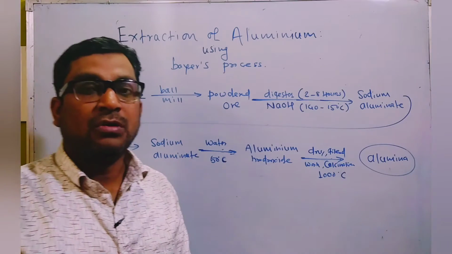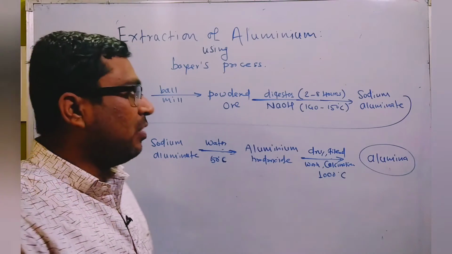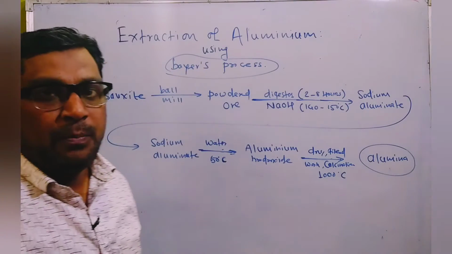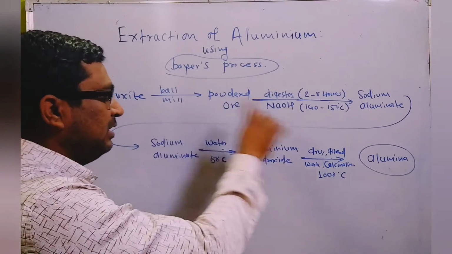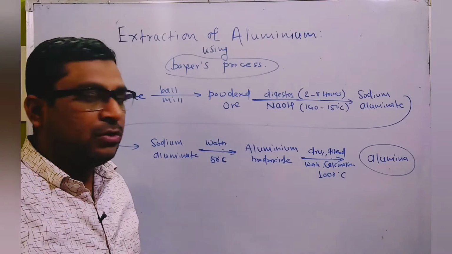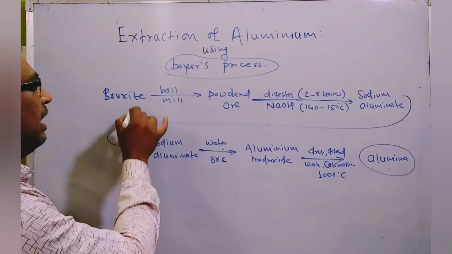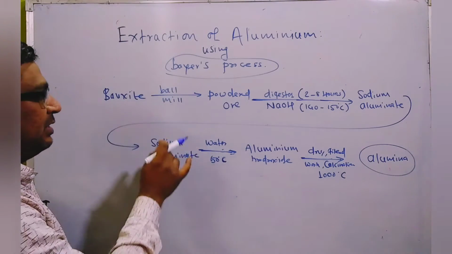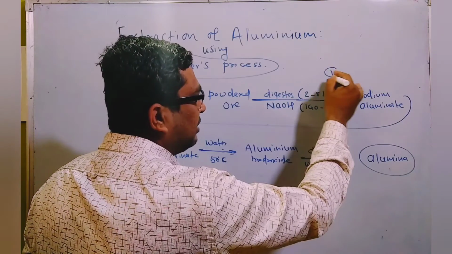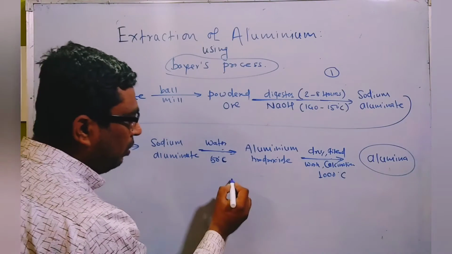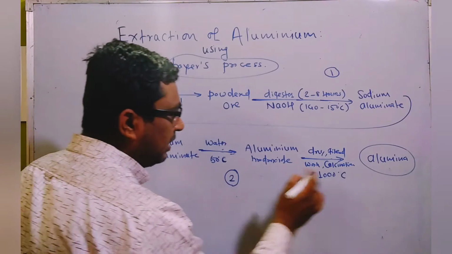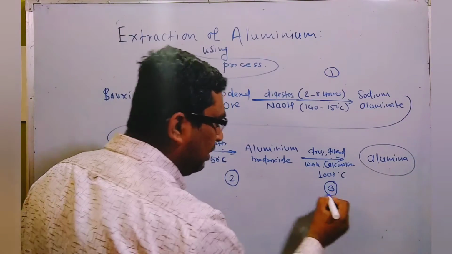This is the output of the first stage. It is called the concentration of bauxite ore, and we do the concentration of bauxite ore using the Bayer's process. So in the Bayer's process there are 4 stages. Okay, you got it. Now one by one we follow the reactions. How the NaOH dissolves and how you get sodium aluminate is the first reaction. From sodium aluminate, how we obtain aluminium hydroxide is the second reaction. And from aluminium hydroxide, how you get alumina is the third reaction.